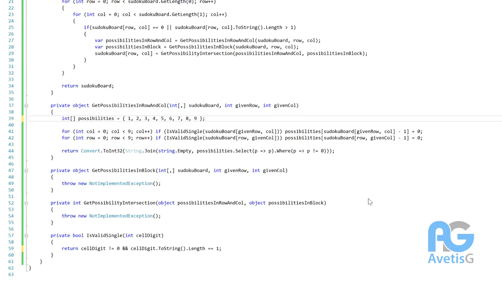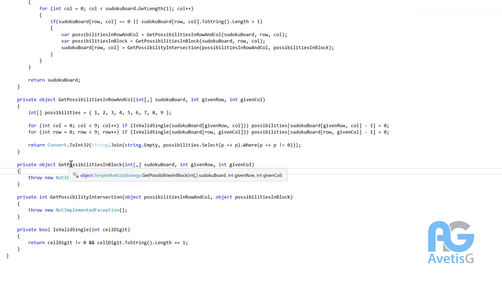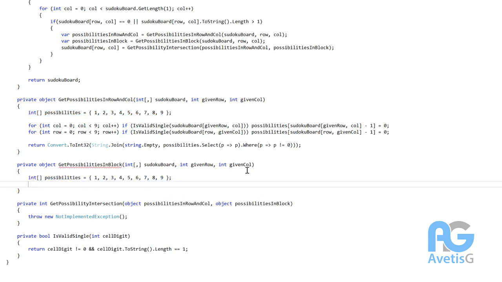Now the same thing we did for the possibilities of row and column, we're going to do the same thing for the group. So now let's go ahead and do the same thing for the group. We have the get possibilities in block, rather, right? We renamed it to block. So we're still going to have possibilities. And here we're going to say